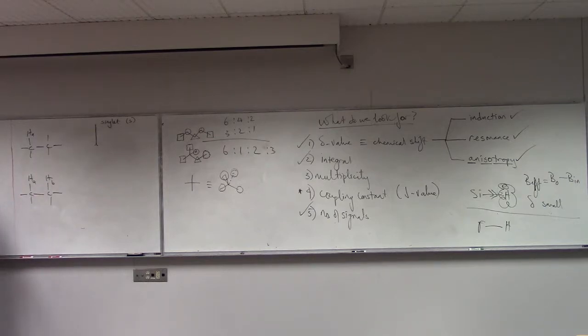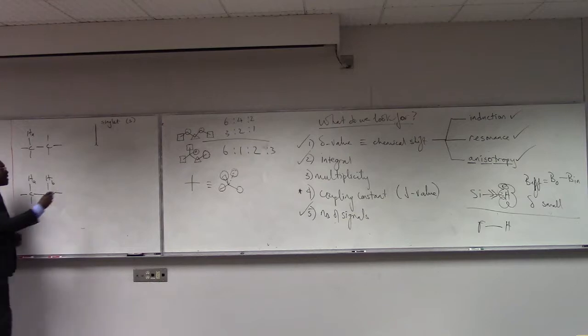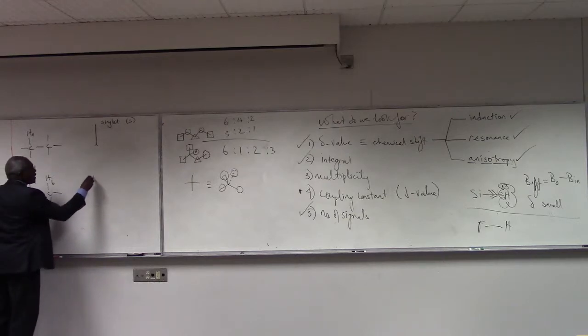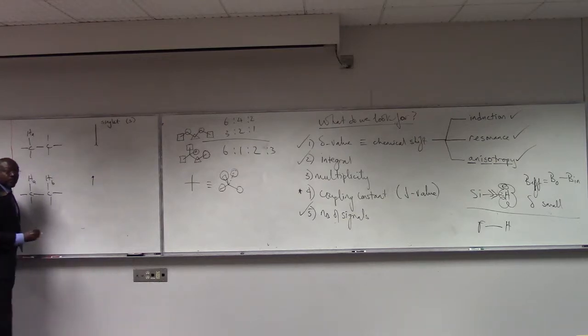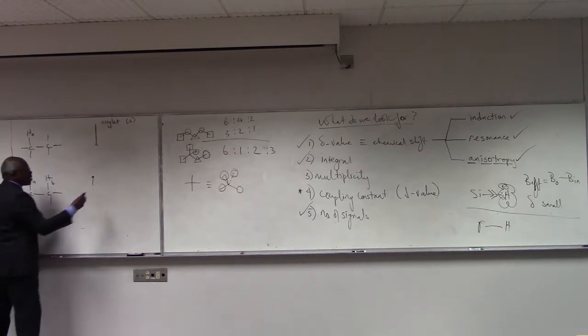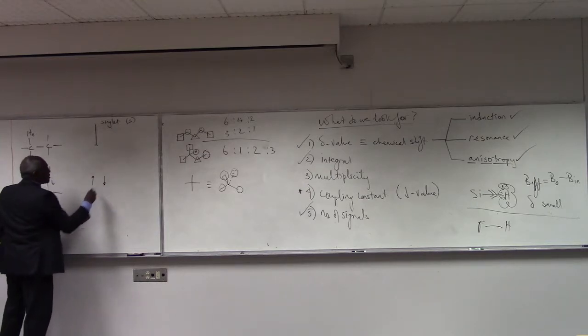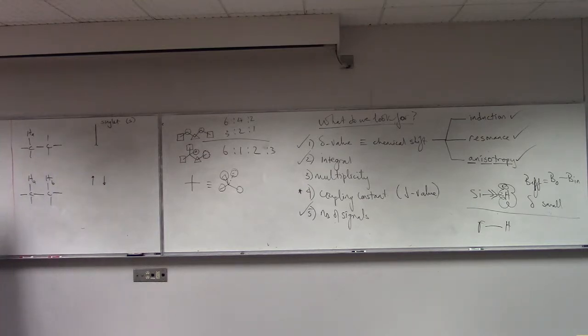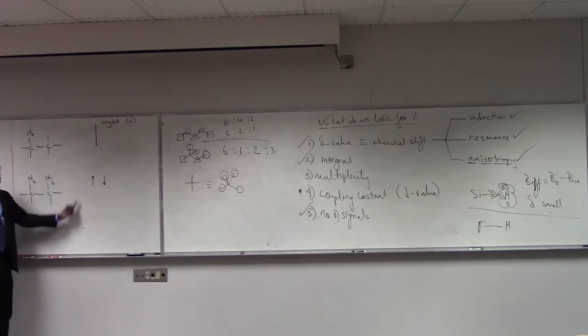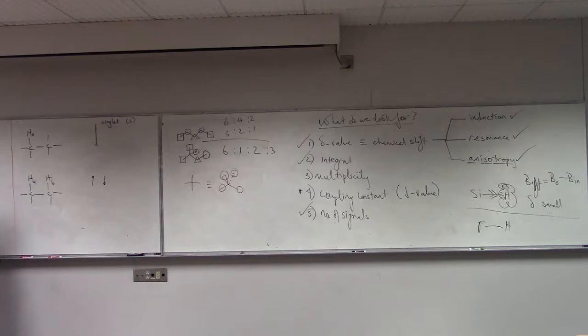HB has two spin states, because HB could either be parallel with the field, or HB could be anti-parallel with the field. I don't know which. So there's a 50-50 probability when I apply my B naught, my applied field,